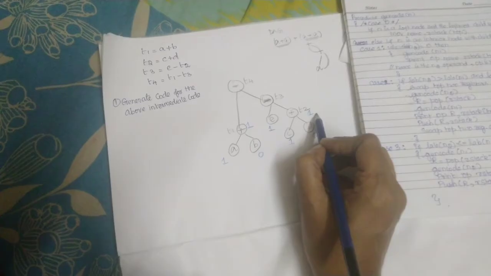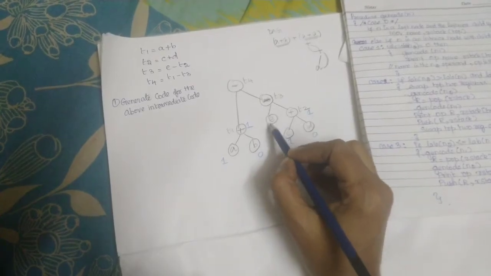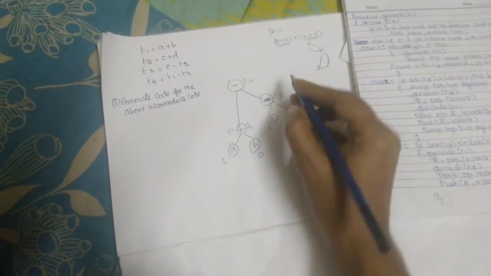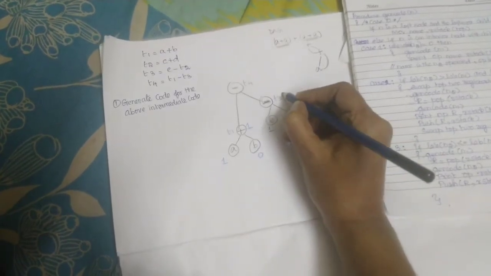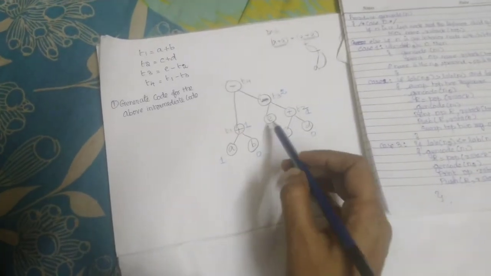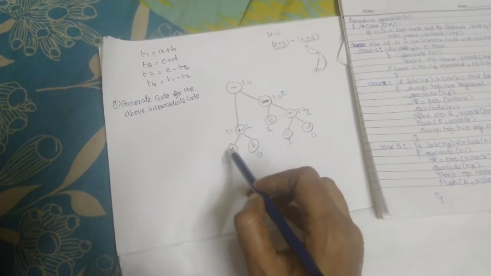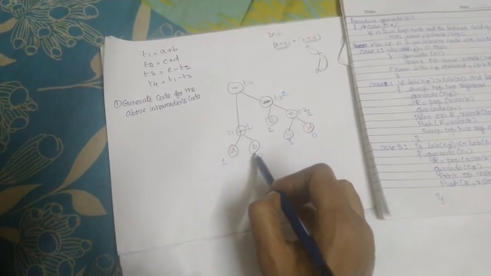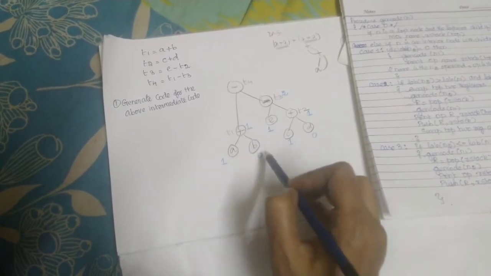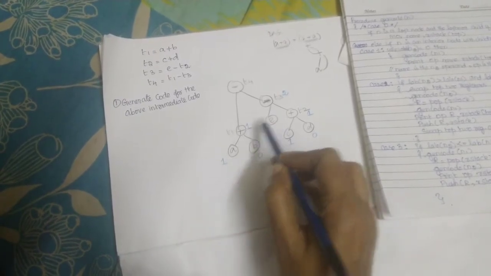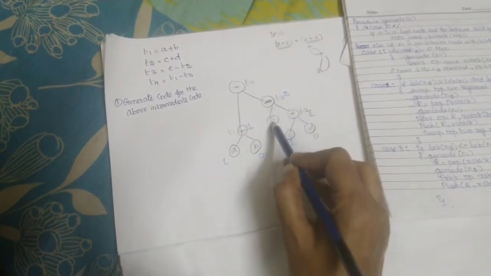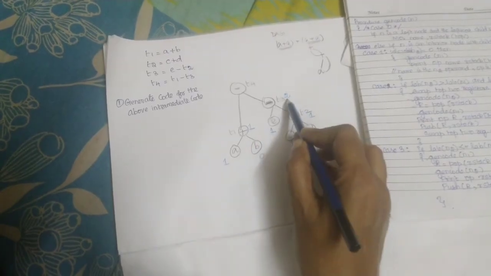In such a case, if the left label and right label are equal, then you take the left label and add 1 to it. Now this becomes 2. So there are two rules. One is you label 1 for left and 0 for right, and for the label of the root, whichever is maximum you take that. And for the second case, if both children have the same label, then you take the label of the left and add 1 to it.